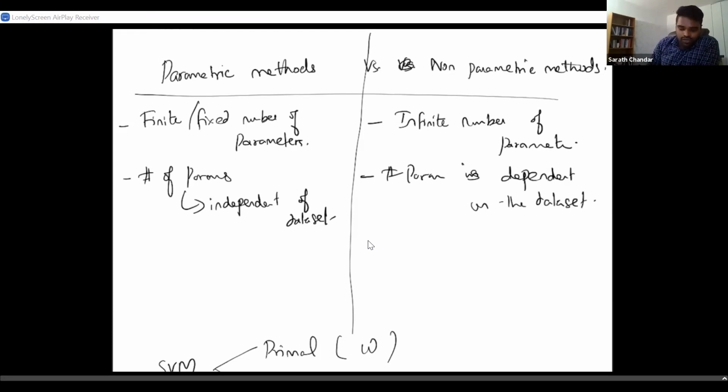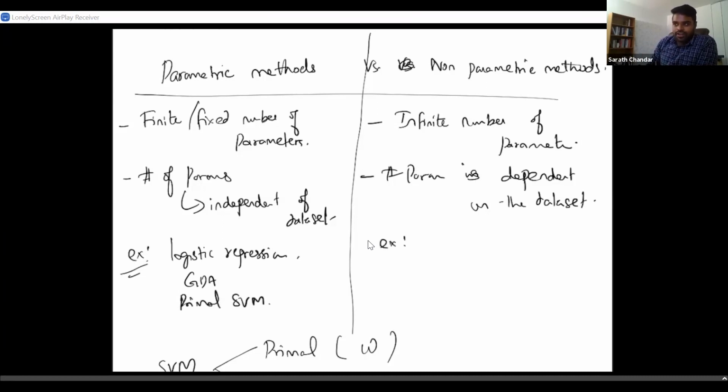Now, to give you some examples of parametric methods, we have seen logistic regression. In logistic regression, you have a bunch of parameters and you learn those parameters. Once you learn the parameters, you throw away the data. Similarly, GDA has a bunch of parameters, and so does primal SVM. In the case of non-parametric methods, dual SVM is an example where you actually store